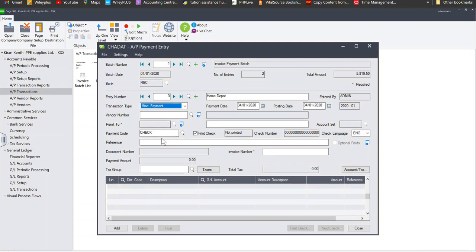In this case, it's a miscellaneous payment. You're going to correct the vendor. We didn't create a vendor, so it is for a Home Depot. In this case, we are going to collect on V. The reference will be this, with an invoice number. So the invoice number here is your